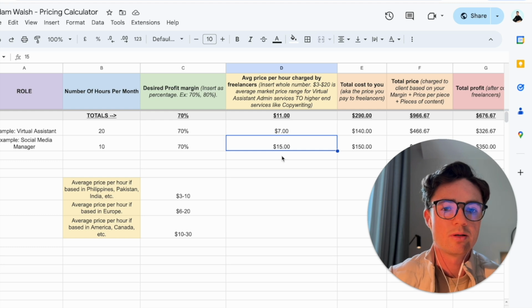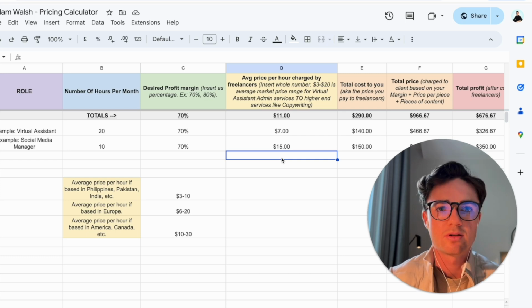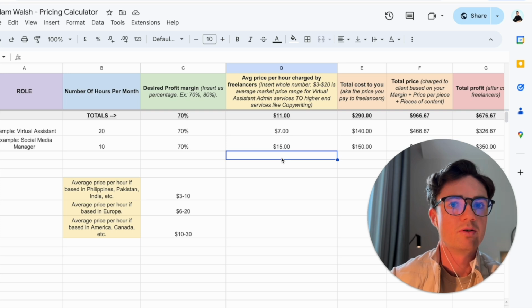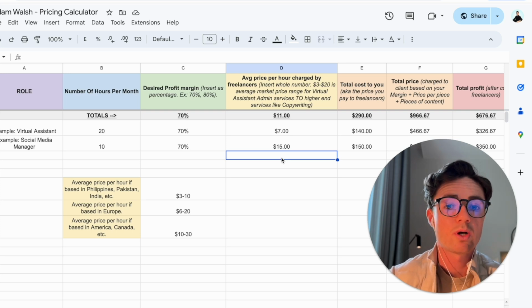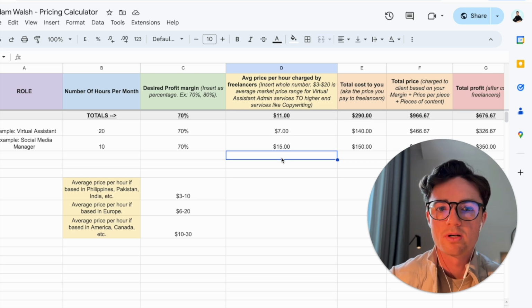For a social media manager, this might be around $10 to $15. Now, this is normally for somebody that's a fluent English speaker. They might be a digital nomad, somebody that's traveling around, but fluent English, and they've maybe done this before. If you want to go with someone a lot cheaper, you could get yourself a virtual assistant for probably $3 to $5. They may not be fluent English, and they may not have done this before, but it's something you can train them to do very, very easily. It's not the most complicated job in the world.